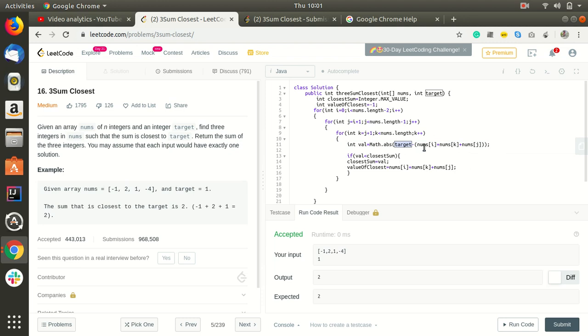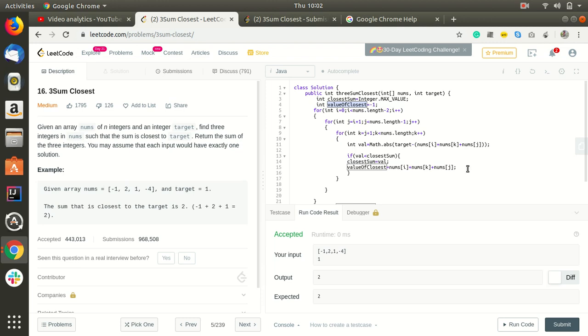So I am taking all those three values, subtracting them from the target, and using that value. If value is less than closest sum, which is always true the first time because closest sum is defined as the maximum value of integer, we set closest sum equal to value, and the value of the closest is nums[i] plus nums[j] plus nums[k].